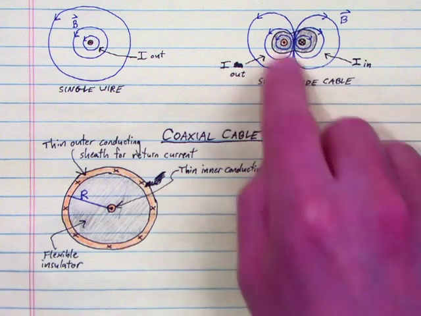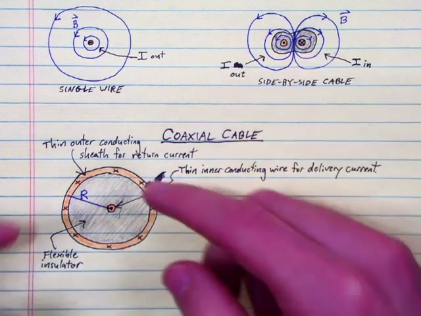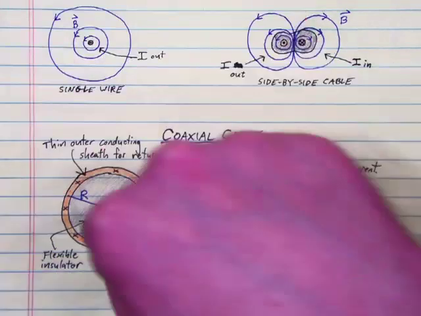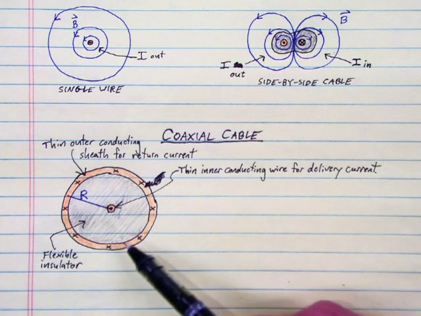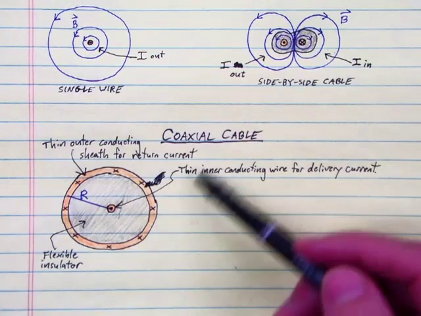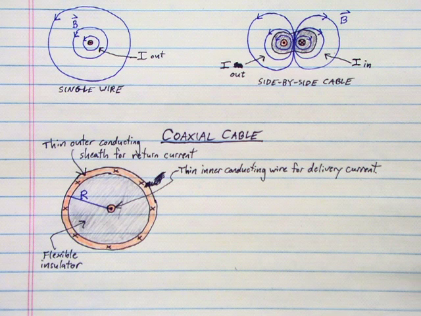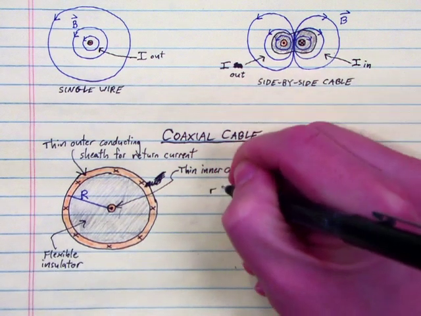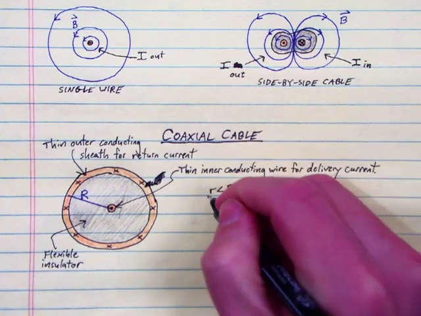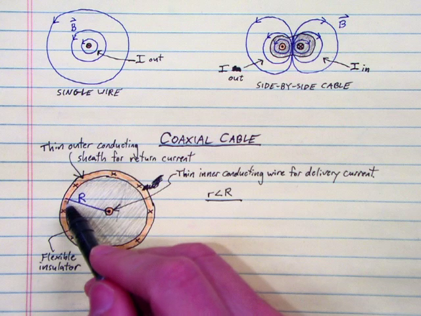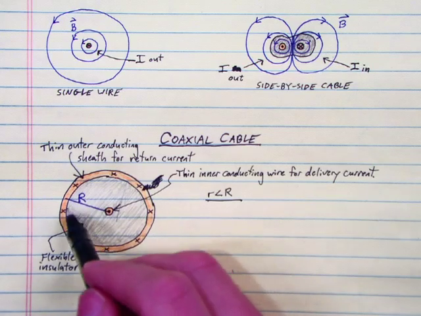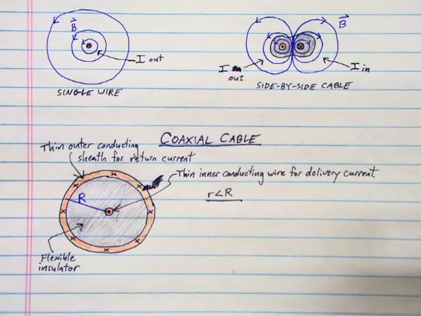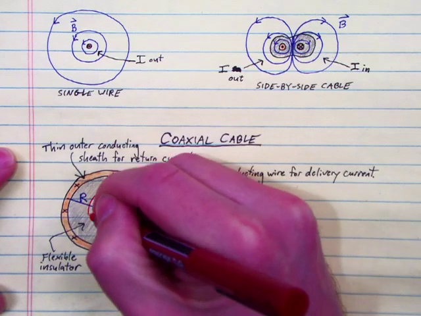Okay, so that way, instead of having your two wires side by side, we have them, the delivery and the return current, coaxial, sharing this axis with each other. All right, so let's use Ampere's law to look at the magnetic fields in and around a coaxial cable. We'll start with locations inside our wire. We'll ignore the thickness of this outer sheath and the thickness of this inner wire to say they're both very thin, and say the wire as a whole has a radius capital R. So at locations little r less than big R, let's draw an Amperian loop